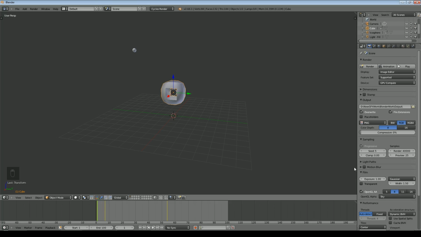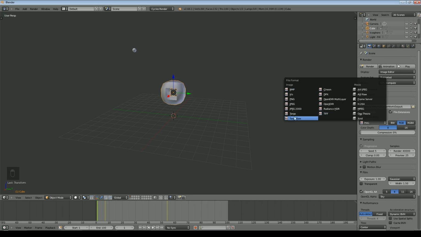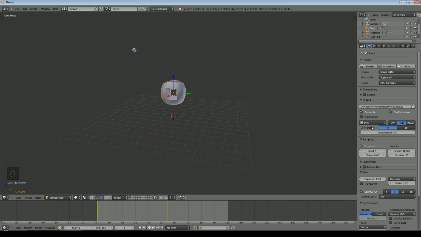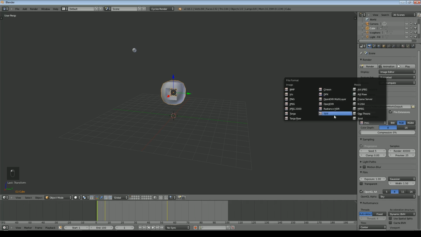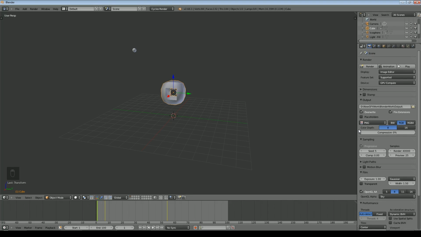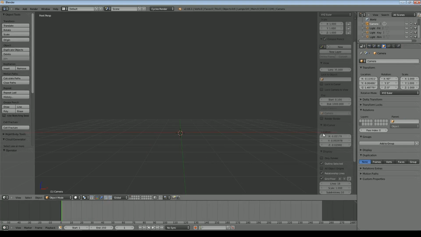When you're doing a final render, certainly one that takes a long time to do, what most people who do a lot of it know to do is to use one of these still frame formats, such as one of these. I typically use PNG. It's a fairly large format. It's not the most compressed, but it does have some compression on it, and it's a very good quality format. JPEG isn't as good quality, but will produce much smaller files, and Targa is quite huge as well. And there are some other formats in here too. If you're doing a final render, you would do a PNG and you would save it out to a set of files. So I'll just show you what that would look like.